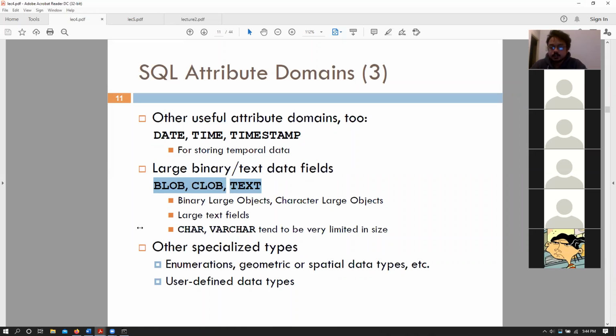Those would require you to store much larger files. So for image data, you would use a data type called blob, that is essentially binary large objects. You can also think of storing a student's entire exam or a student's entire essay into a particular file. For those, you would use something like a character large object, which is what we call a clob. And then we also have text that allows you to store large text fields as well.